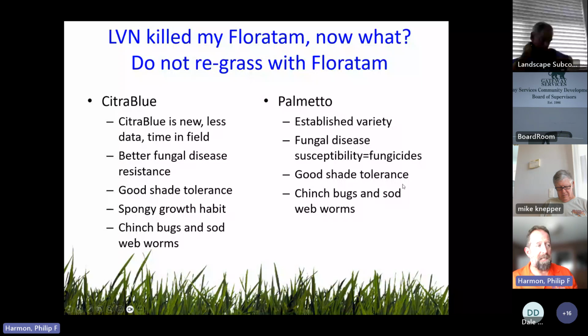Palmetto also has good shade tolerance. It's also susceptible to chinch bugs and sod webworms. So at UF, we have a dog in the fight. We don't recommend only that dog. We don't give a recommendation for what should be done. We try to provide the data for the options available, and of course, folks decide for themselves what to choose. These are both good options, and it depends on whether you are comfortable with going with a new grass or sticking with the tried and true